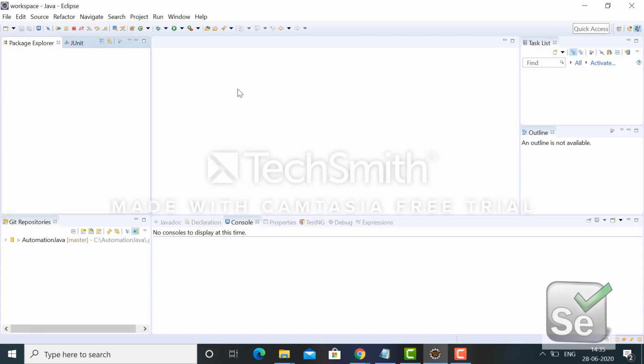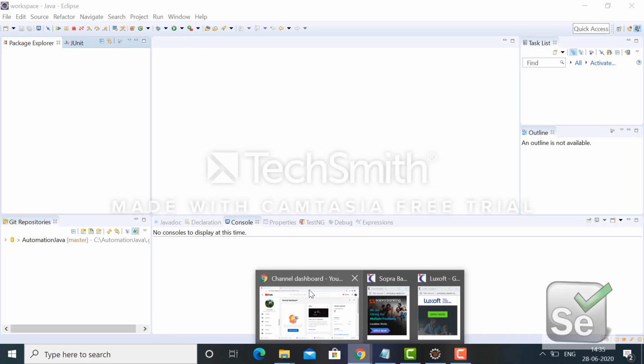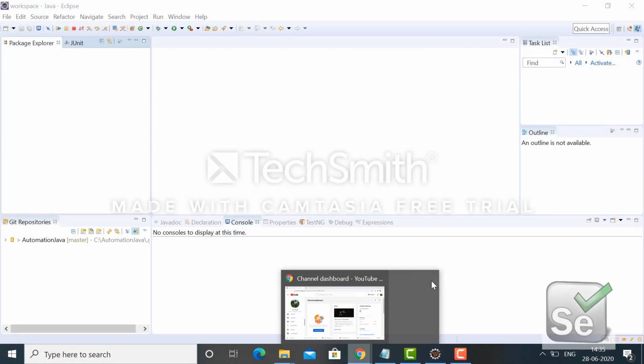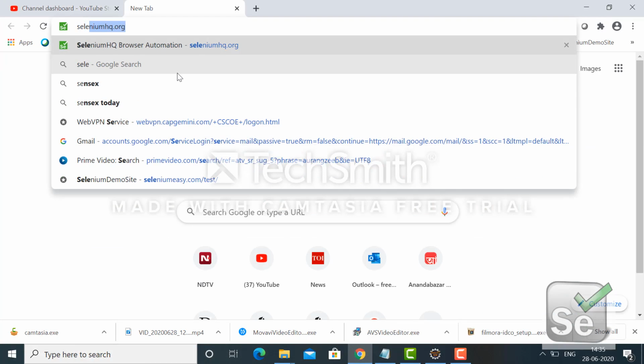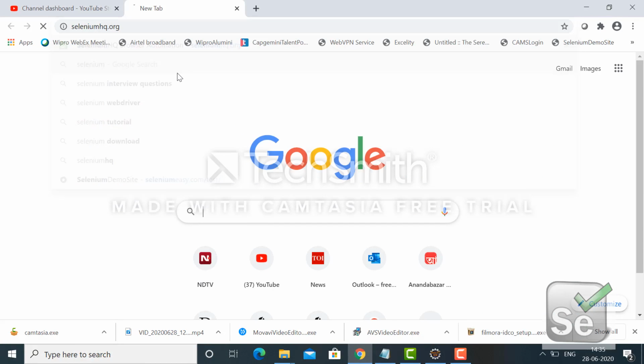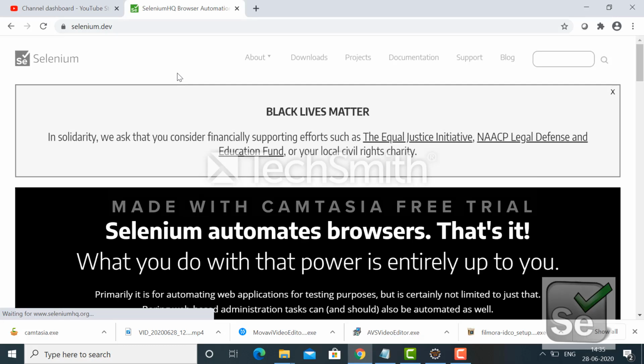I already have Eclipse installed here. I hope everyone has Eclipse or IntelliJ installed, any IDE will work for this. What you require are the Selenium jars. How can you get those jars? Here is the official Selenium site, seleniumhq.org.